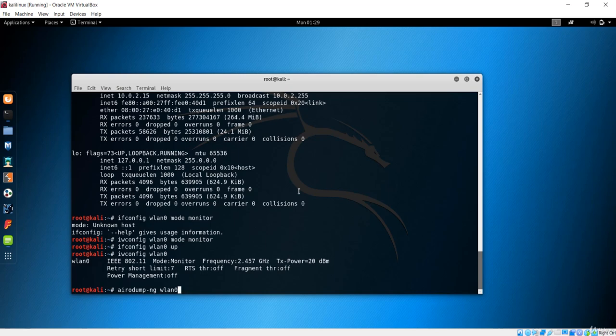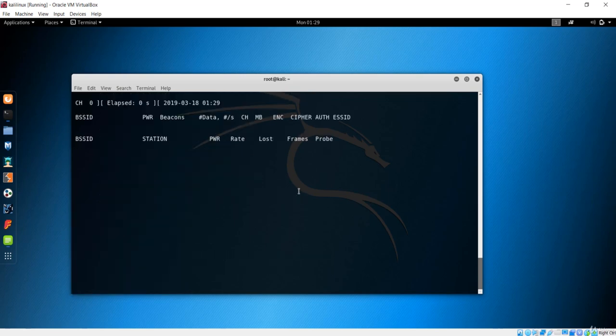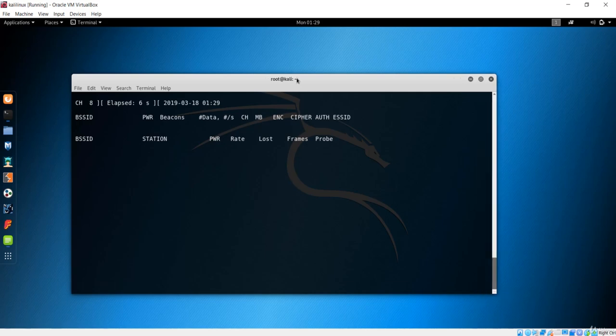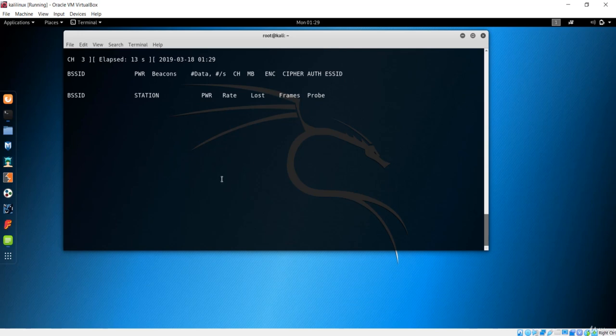So now we'll just use airodump-ng and WLAN0, because we want to see all the clients that are connected to the network. If I hit enter, you will get the information of the packets. It is just connecting, so it hasn't shown anything till now. Let's wait for a moment. Maybe my connection is out. So let me pause for a moment and get back to my connection again, and show you the BSSID, that is the MAC addresses, and the stations and everything.